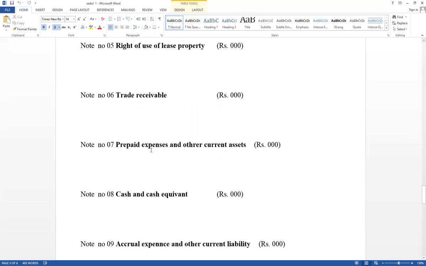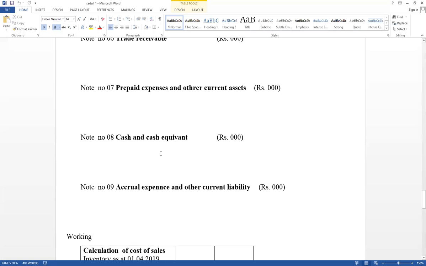Then if it has given prepaid expense and other current assets, a separate note. Cash and cash equivalents: cash balance, bank balance, as well as short-term treasury bill. You have to disclose it. Total value should be included in financial position. And accrual expense and other current liability, you have to prepare a note. Normally,